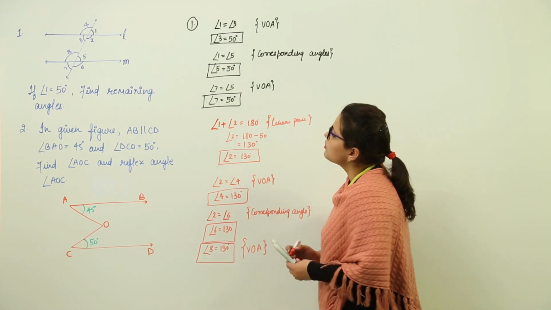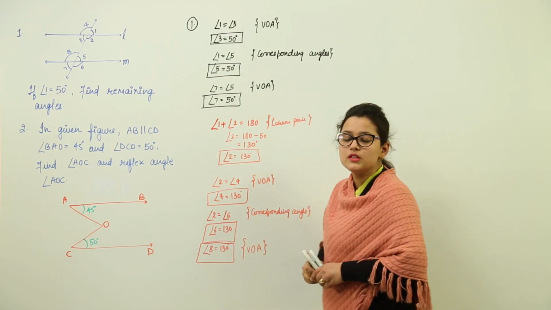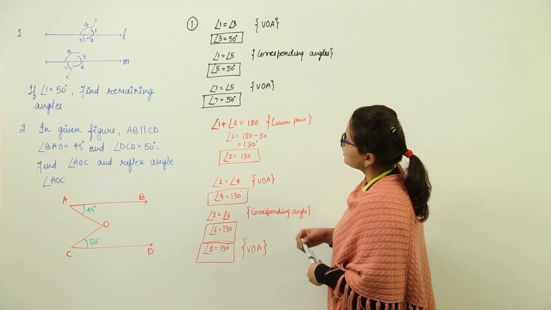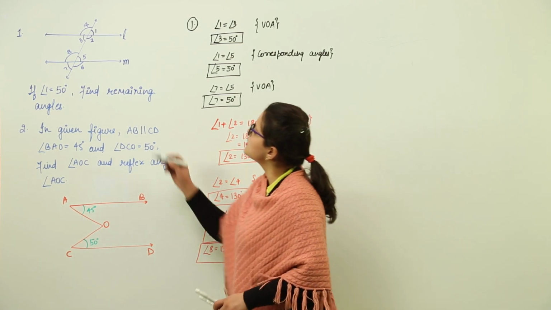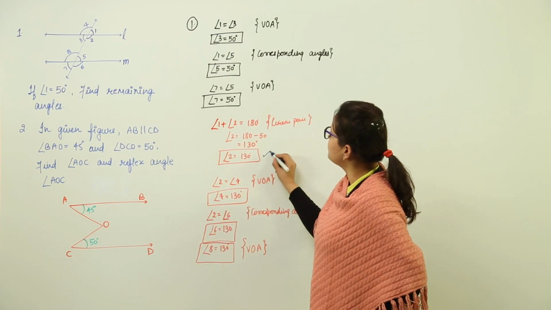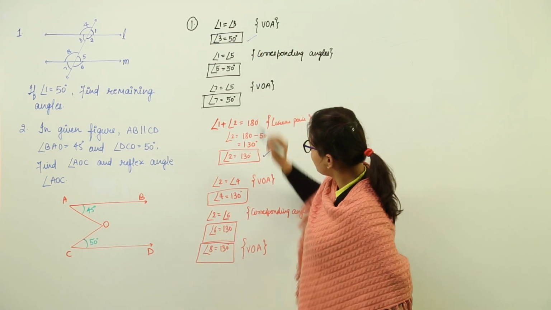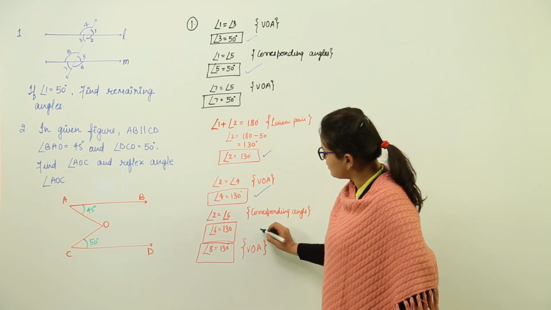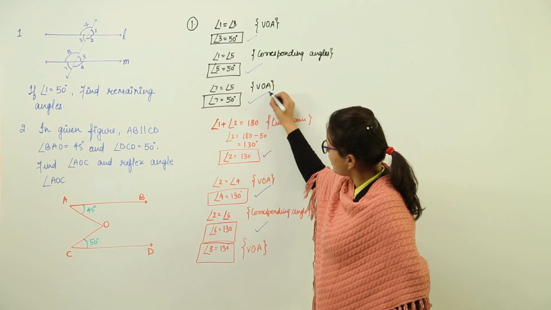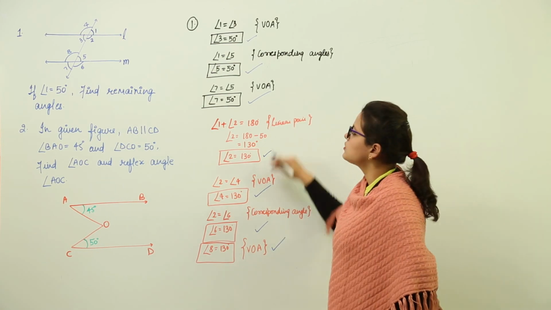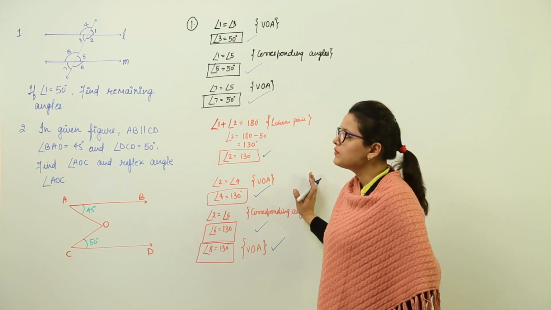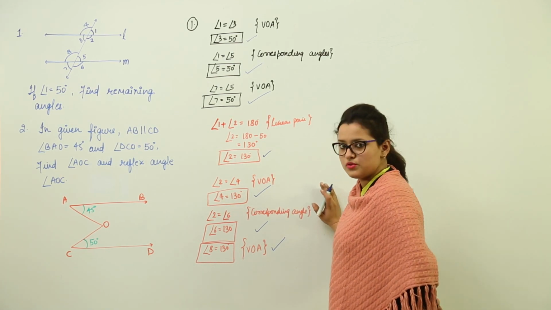Now you can check over here the 7 unknown angles to be found. Are they done or not? We can check from the first one. The angle 1 was already given to us. We have found angle 2. 3 is done. 4th we have found. 5th is done. 6th is here. 7th and the 8th one is done at the last. So that means out of all the 7 unknown angles, we have found all the 7. So that leaves us with the required solution.